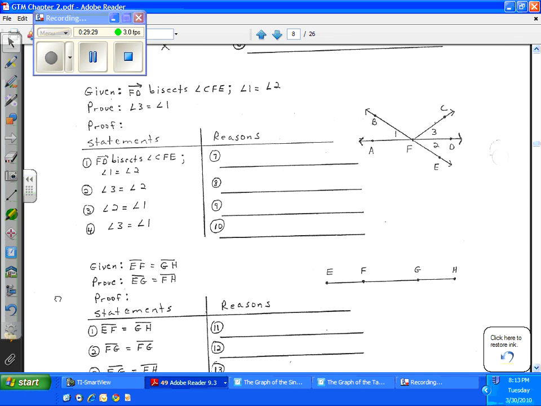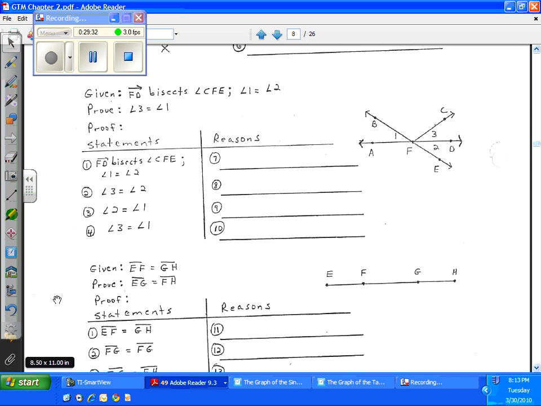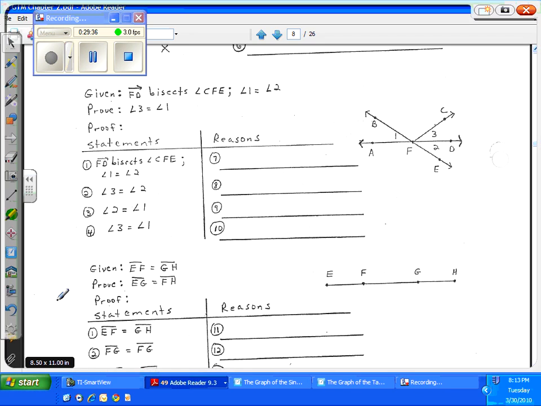The next is a geometrical proof, and we're going to look at this one. Here's what I've said that you should do. You should take the given, ray FD bisects angle CFE. We will create a note section. If we were doing the whole proof, I would go ahead and say ray FD bisects angle CFE, reason: given. And I would do that because I'm going to take what you get out of it,